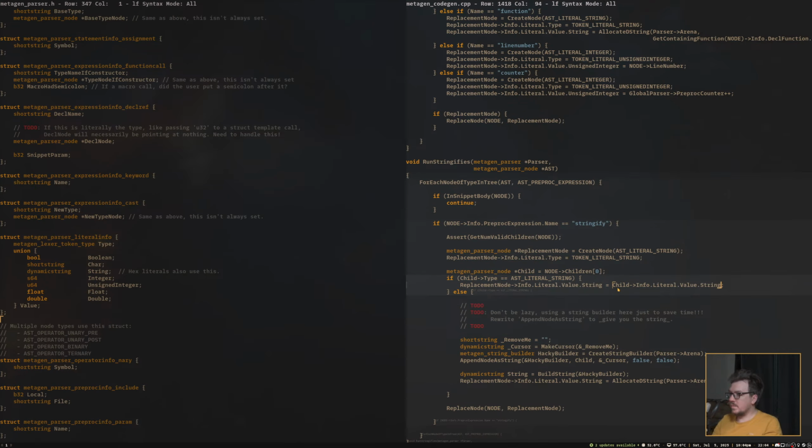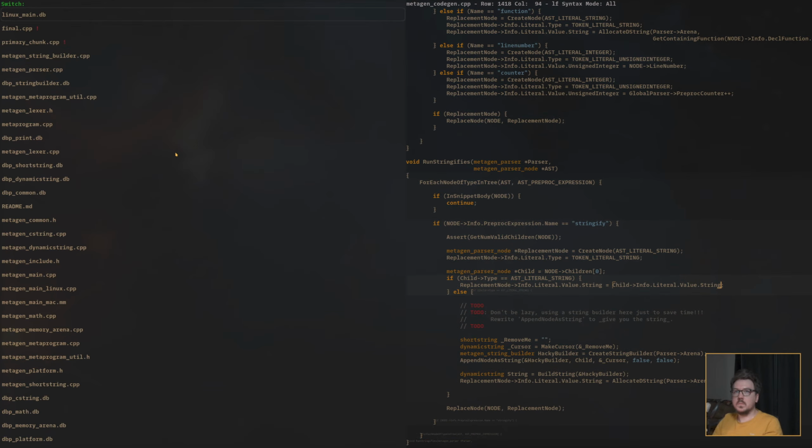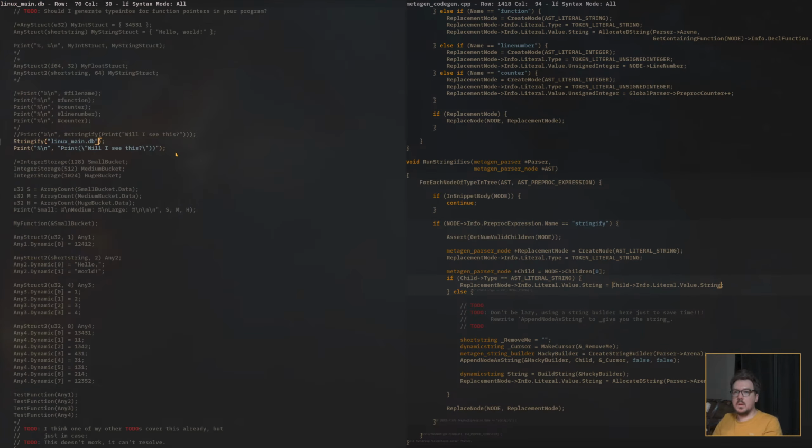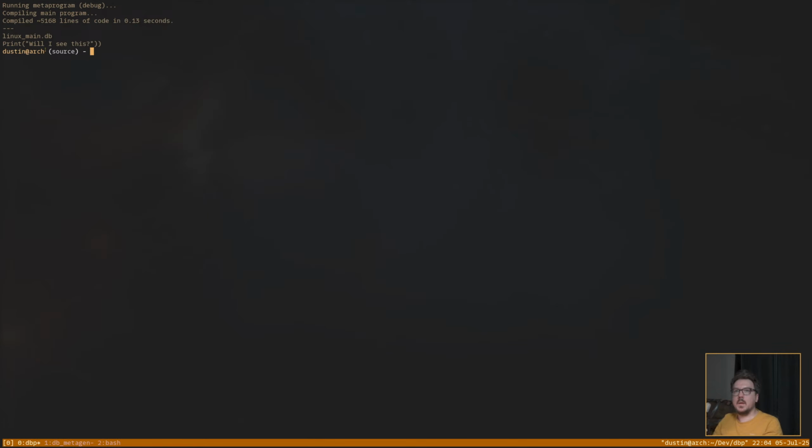The node doesn't have a string yet. That's the whole thing we're doing. There we go. Okay, so we see that now. Stringify. And actually for stringify, let's do this. There we go. So we print that out now properly.